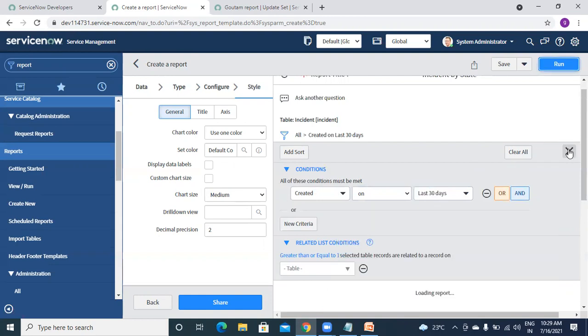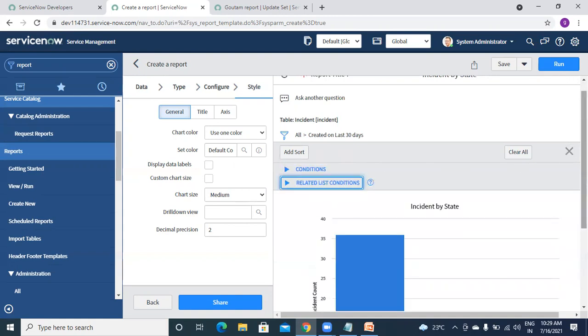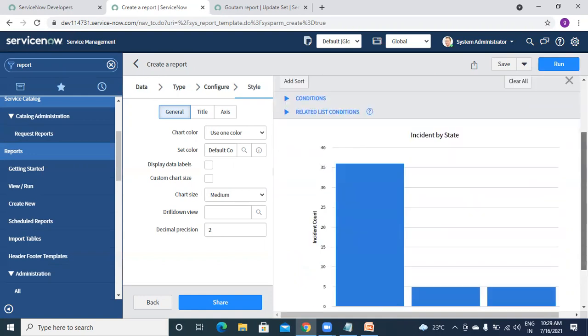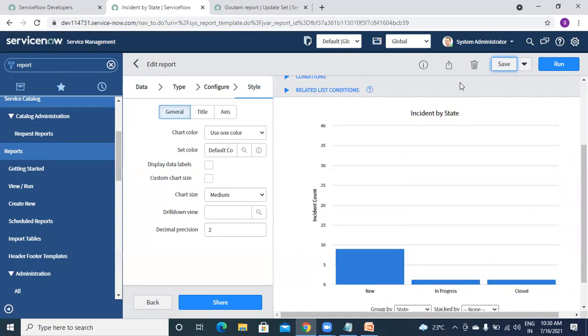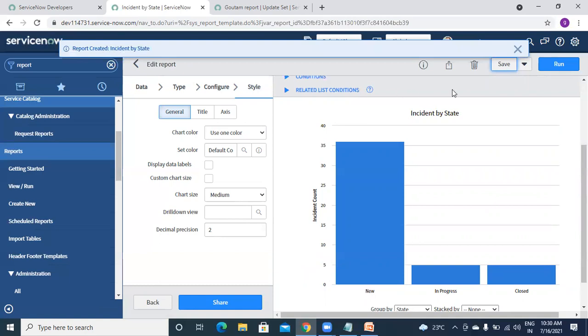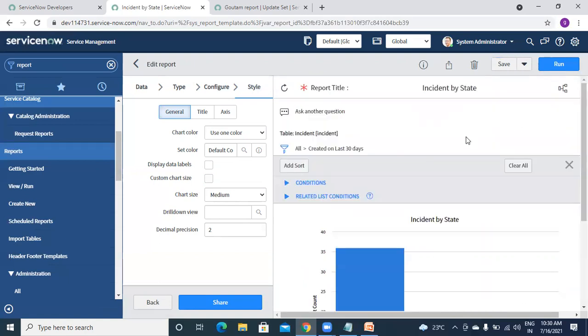So I am always clicking on this run. Let me minimize this. You might ask, we are getting this report, so is it saving? No, it is not saving. It will save only if you click on this button. Okay. Now I am saving it. Now you can see incident report created, incident by state, it got created, right? Only after clicking on save will it be saved. Unless you want to check the output, you can, without saving, just click on run and it will show you this report. It will not save.